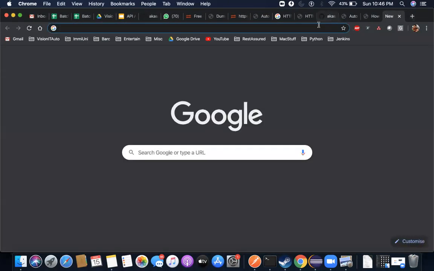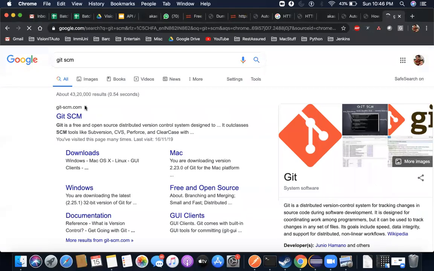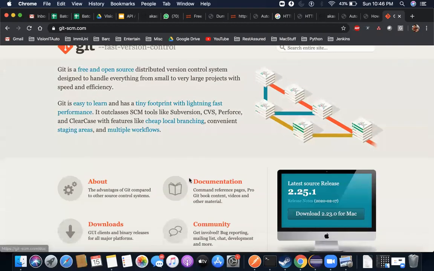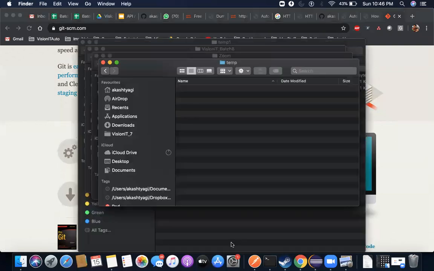Git client can be installed from here, git-scm. You have to download that from here. Okay, it downloads. Now download this from here. So you will download the Windows version of it. Okay, so going back, I will have to